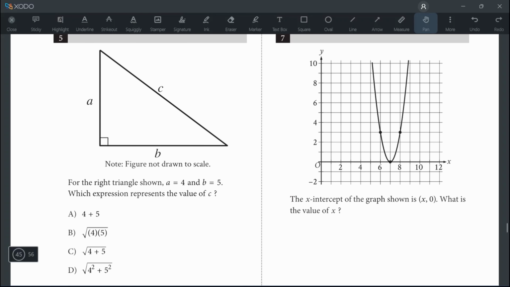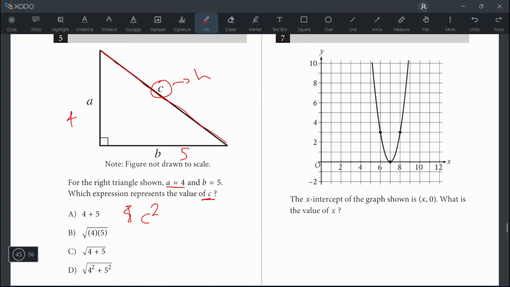For the right triangle shown, A is equal to 4, B is equal to 5. Which expression represents the value of C? So we know that this triangle is a right triangle, and we are given the values of two sides and asked to find the value of the third side, which turns out to be the hypotenuse, which is the long side of this triangle. Now, in this case, we should use the Pythagorean theorem to find the value of the hypotenuse, which is